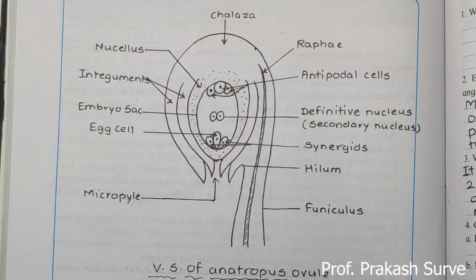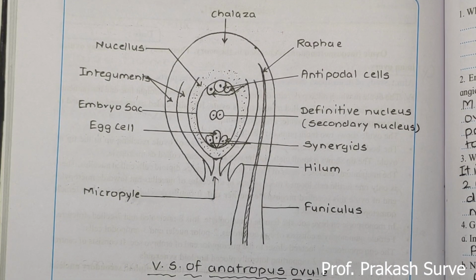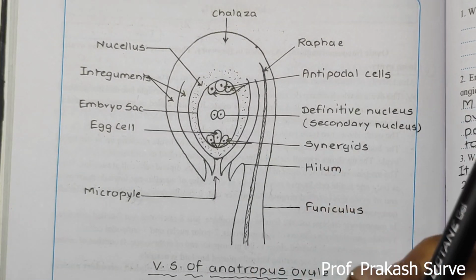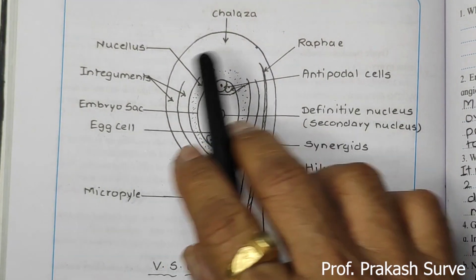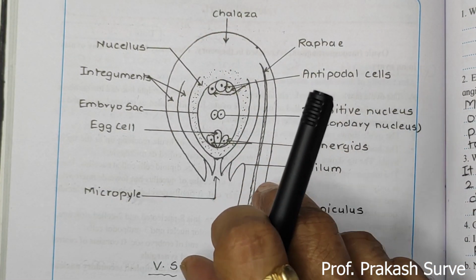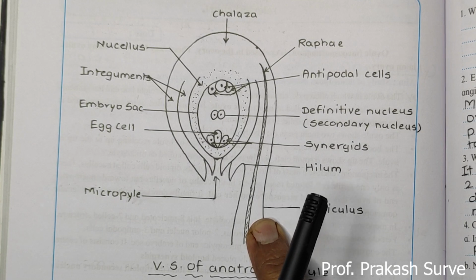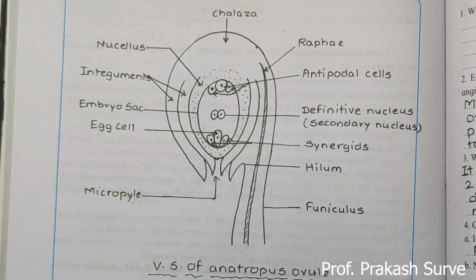Yes, now we'll see the answers for this practical, that is the study of VS of an anatropous ovule through a permanent slide or the relevant chart. So in exam time, either the chart will be given with the diagram without labels, meaning there will be no label, only the diagram. You have to identify that and then write the characteristics of the same. Here this diagram you have to draw in this place. I have made one video about how to draw the VS of an anatropous ovule. Within 2 minutes you can watch that video and you can draw the diagram easily with the help of this video.